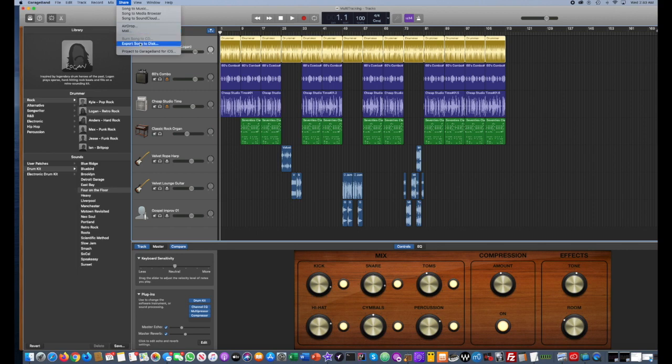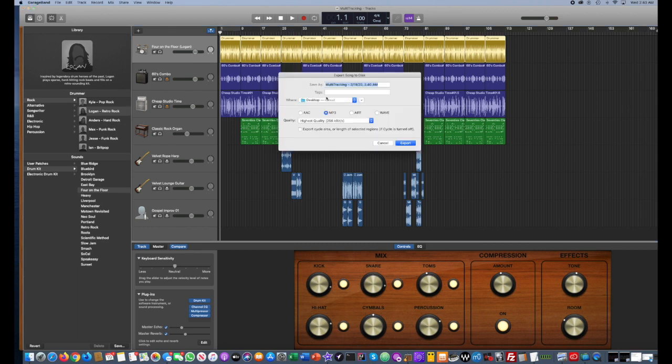But the easiest thing to do and the easiest way to keep track of all the files that you're going to make is to export the song to the disk. And that's the hard disk of the computer. Right? So it's going to bring us up a pop-up window, and it's going to ask us some things. All right, do we need all of this information here, the date and everything like that? We don't. This is our multi-tracking mix